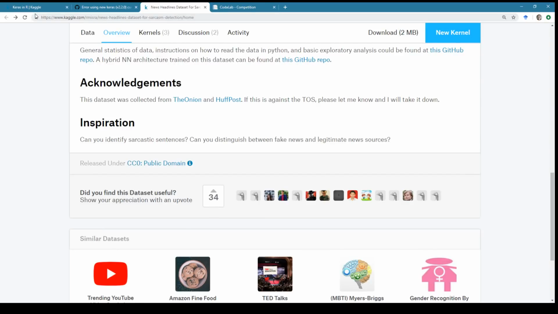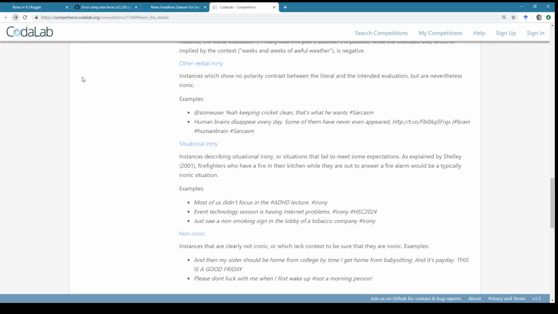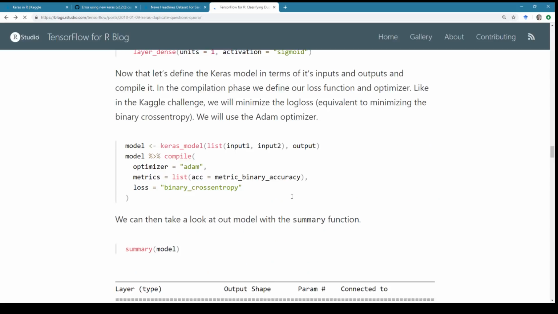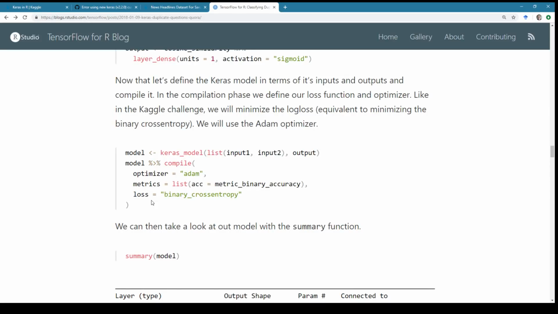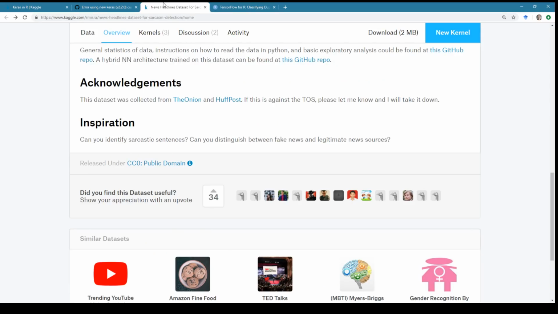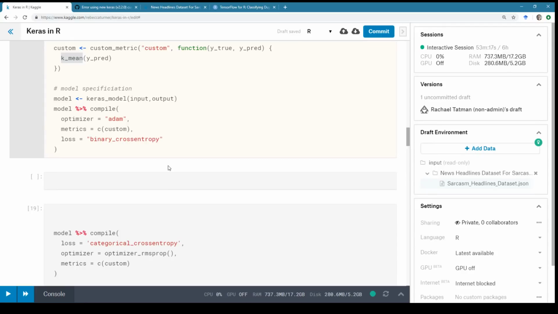Where was that thing that we were looking at a while ago? It was the RStudio. There we go. Binary something or other. And hopefully that's not something that model was above this, where we were specifying metrics, binary accuracy, which I don't think they define in here. No. Okay. Because if there's something built in, I want to use the base built-in thing.